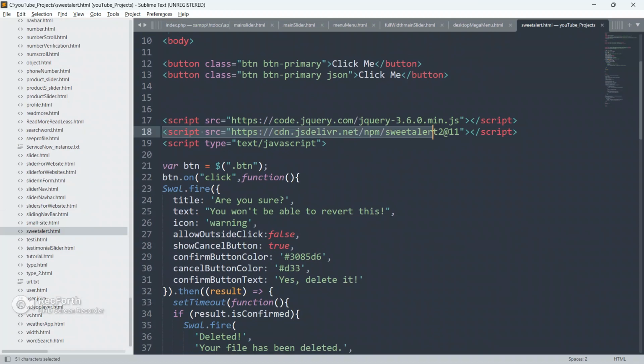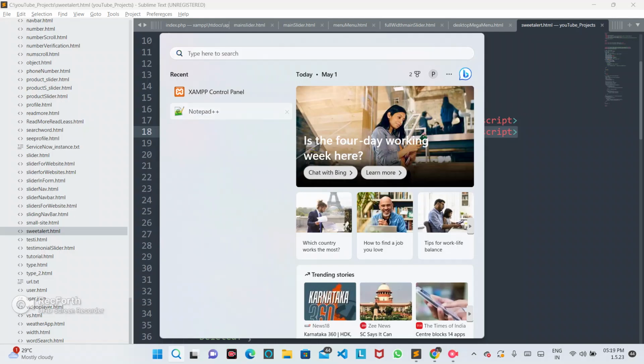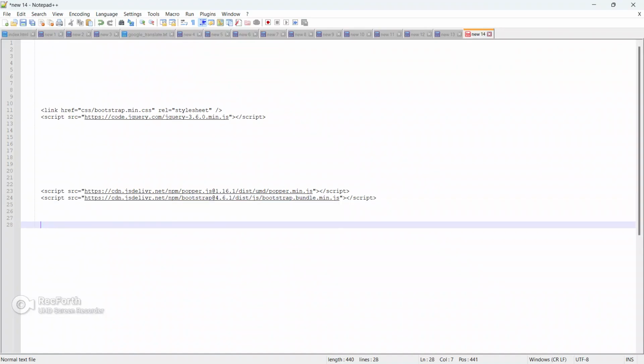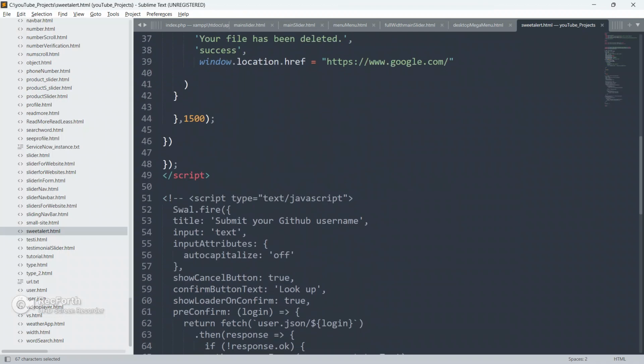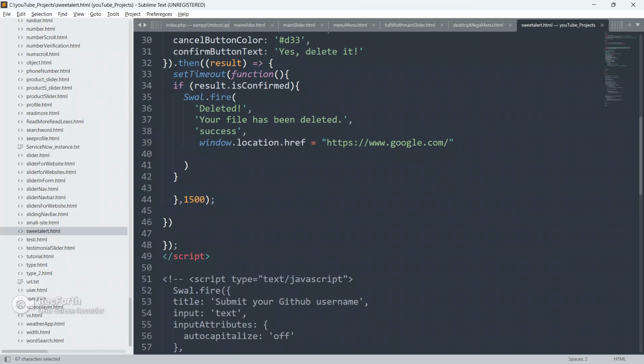Yeah, sweet alert. Copy this sweet alert URL, open this notepad and paste it here.